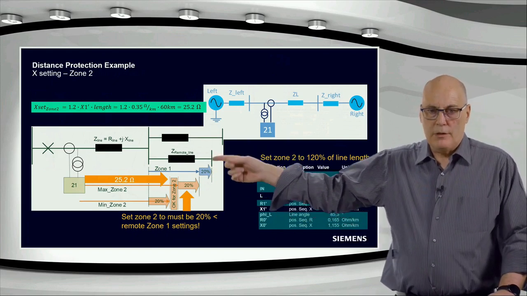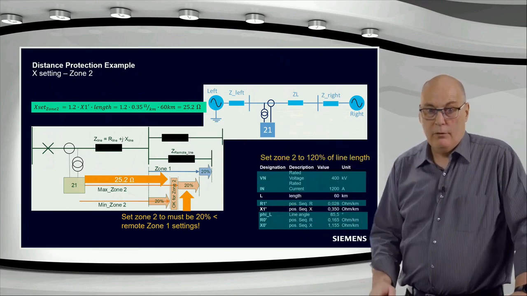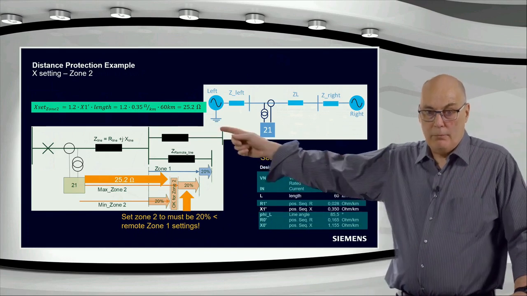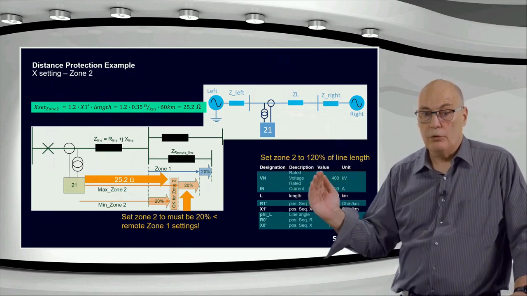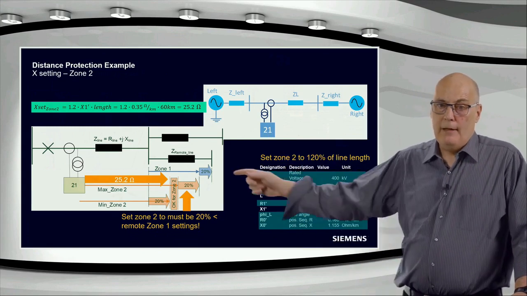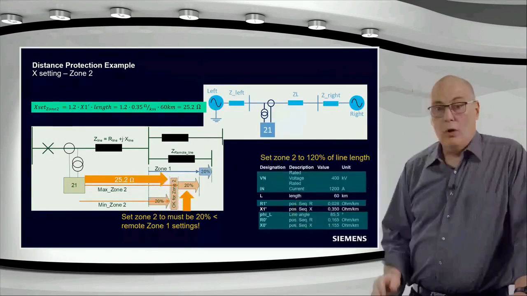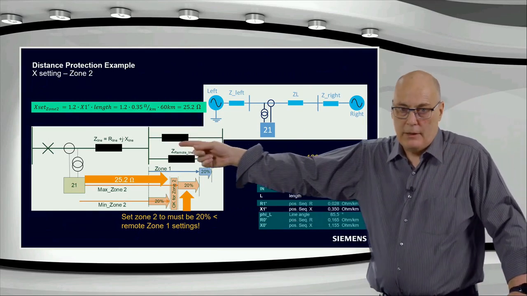So let's have a look at this little graph over here. Our protected feeder is the one on the left with the R line and plus JX line over there. And then we have the remote bus bar over there. That's up to where we must reach, and the zone 2 must reach beyond that. And then on the next bus, on that bus bar, we have other feeders. And the one we need to worry about is the shortest feeder coming out of the bus bar over here